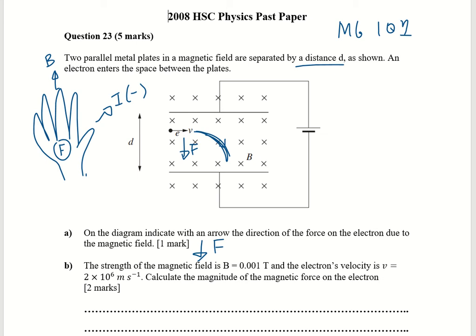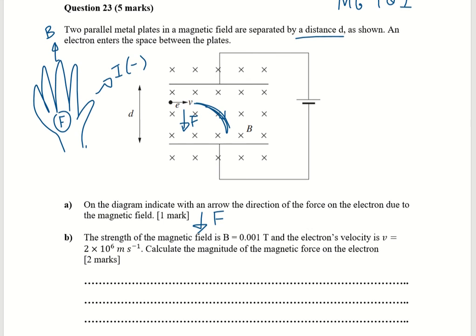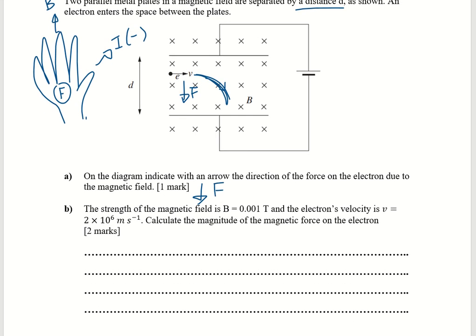Question B. The strength of the magnetic field is 0.001 and the electron's velocity is that. Calculate the magnitude of the magnetic force on the electron. So what we can see here is the electron's motion and the magnetic field are perpendicular to each other. So the formula we use is F equals qvB,